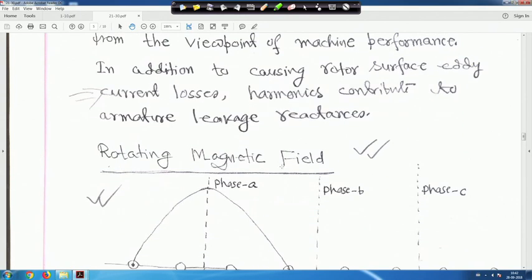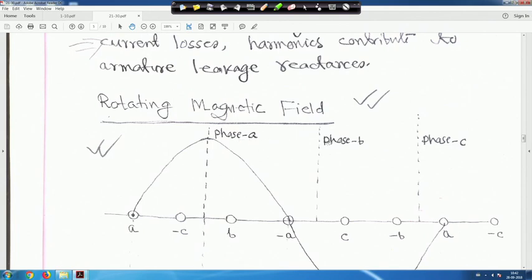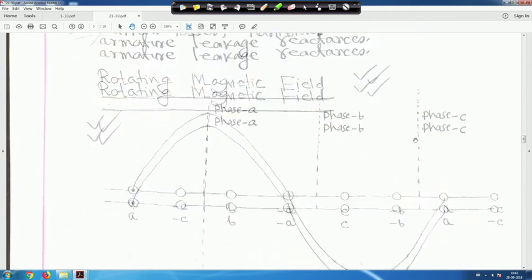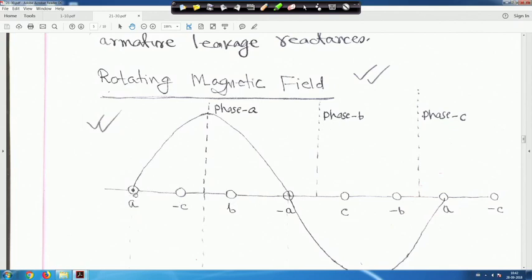So now next is the rotating magnetic field. This is phase A, phase B, phase C marked. This is your A, and this is A minus. This is B, and this is B minus, and this is C, and this is C minus, right? I told you one thing, that if you take one side, the current entering into the page is plus, and leaving the page will be minus. So that is the plus or dot, the way we represent, right?